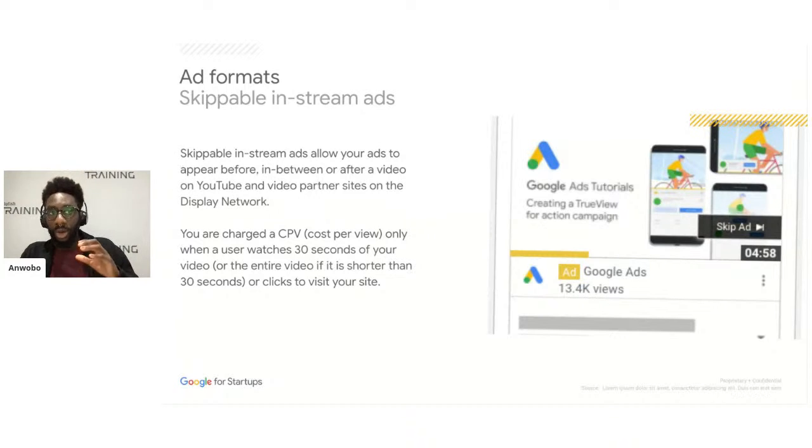As an advertiser, you're only charged if a user chooses to watch a video. And actually, this video view has to be at least 30 seconds in length. Or if your video is shorter than 30 seconds, they have to watch the entire video. So if I've uploaded a video that is 30 seconds or longer, I am not charged for any user who hits skip before the 30-second mark. I'm only charged if a user watches beyond this.